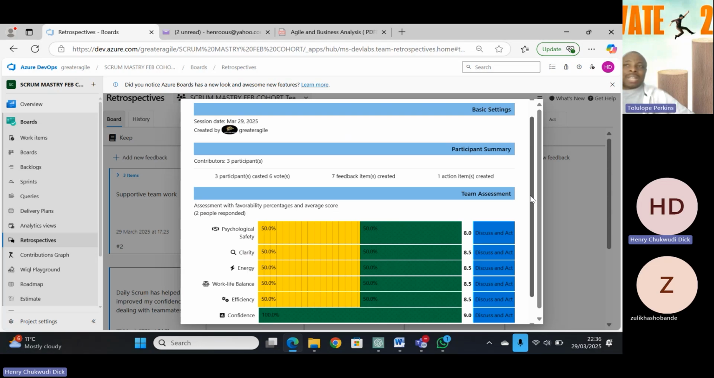So why is it showing everyone that you need to discuss it and act on it? Is it because of our voting? I don't know. Is it because that's just there? It's not that it's showing everything. Okay. It's just there. Okay. So how can we analyze this